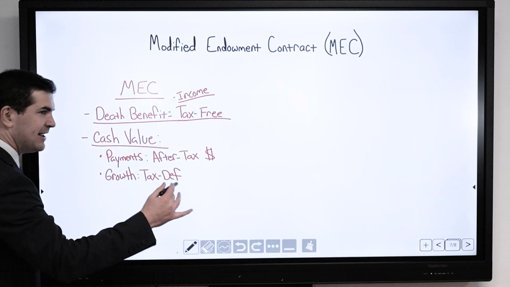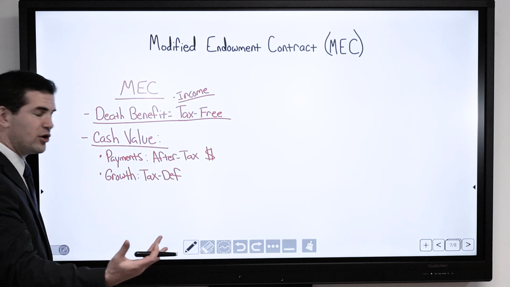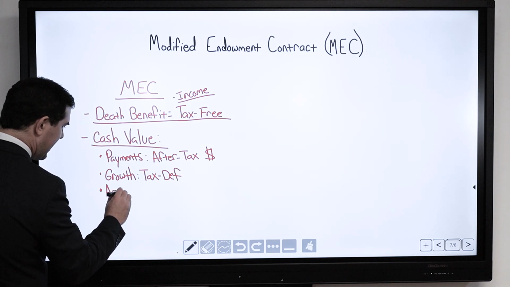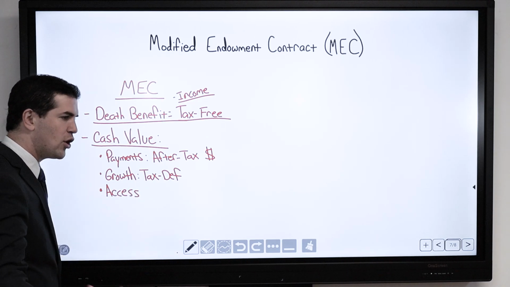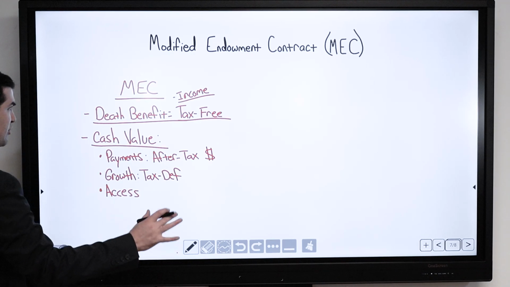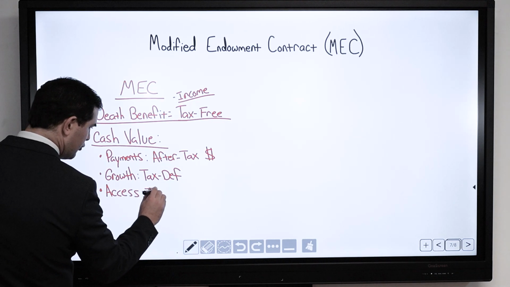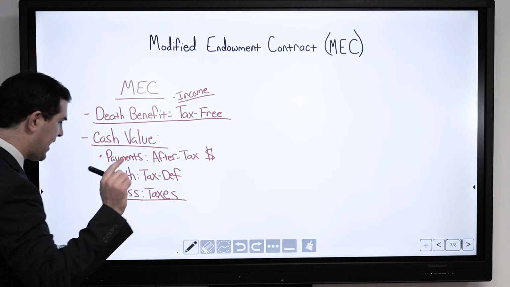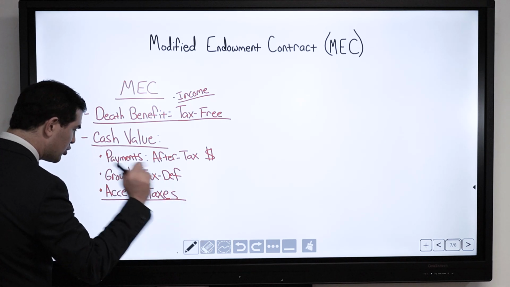However, the growth is tax deferred, meaning as I accumulate a gain on the policy, I'm not automatically going to pay taxes on that. Here's the thing though, when I access the money, so if I access money on a non-MEC policy, if I'm taking loans, if I'm not withdrawing more than my cost basis or loaning beyond my cost basis with a non-MEC, I do not have to deal with taxes. However, with a MEC, I have to deal with taxes. Specifically, what happens, two things to be aware of. One, whether I take a policy withdrawal or a policy loan,